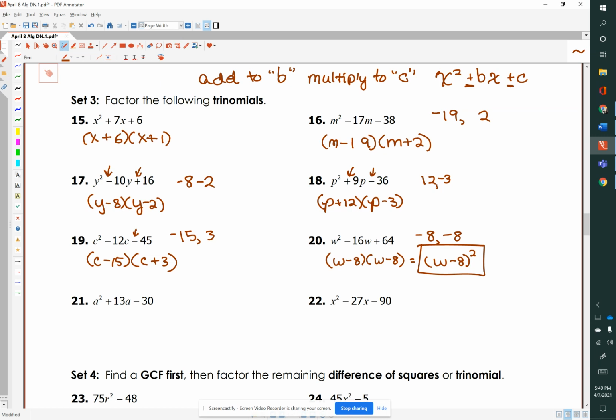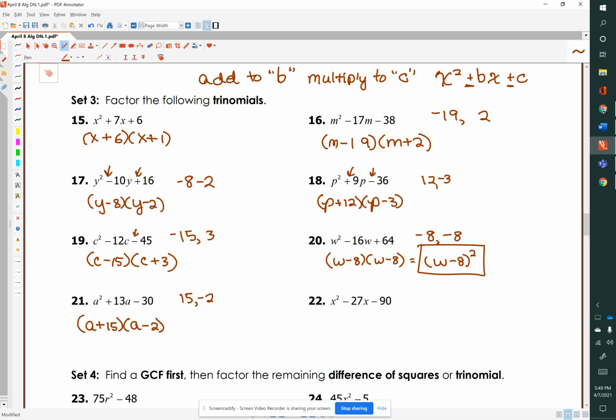And number 21, a squared plus 13a minus 30. I'm looking for two numbers that add to 13 and multiply to negative 30. So I'm going to need a positive and a negative. And if I use 15 times 2 equals 30, and if I make the 2 negative, I have 15 minus 2, which will give us the 13. So that's a plus 15,